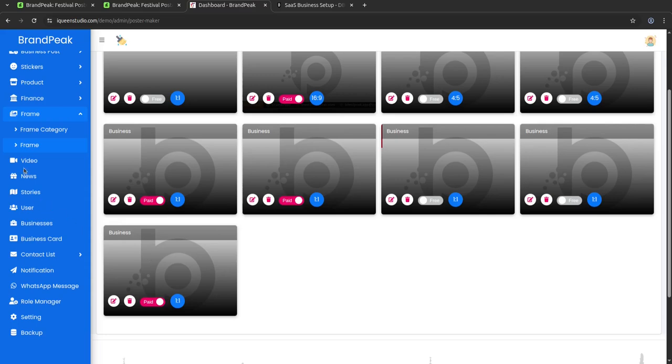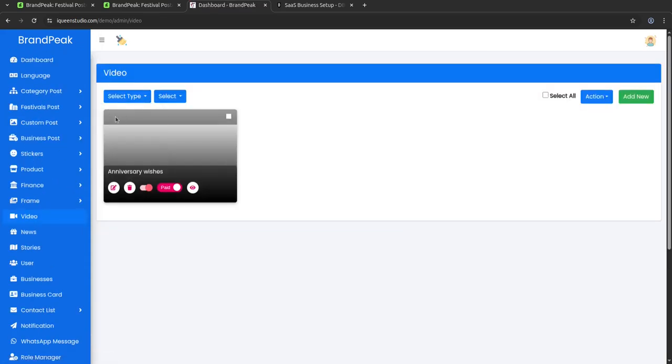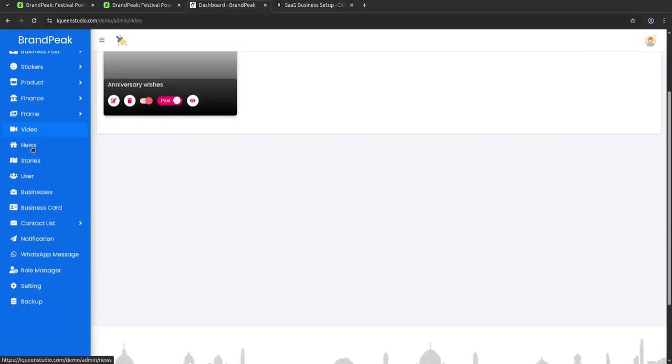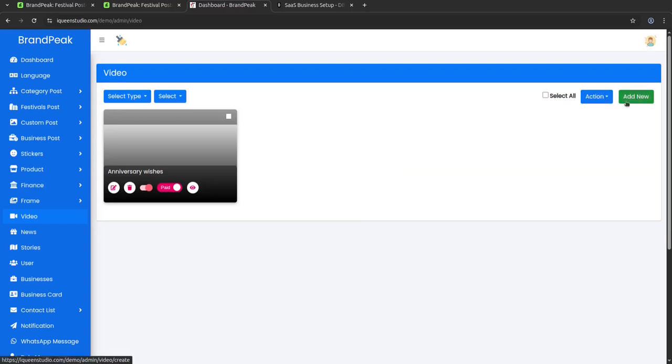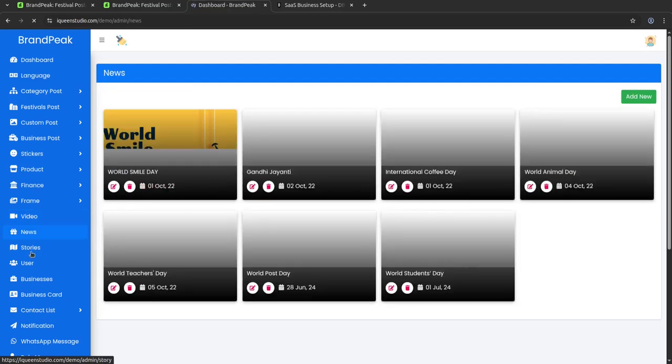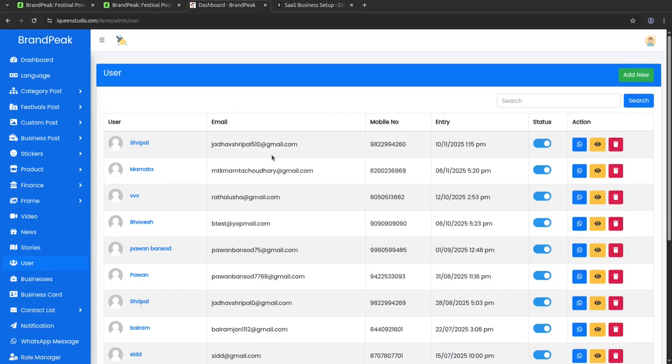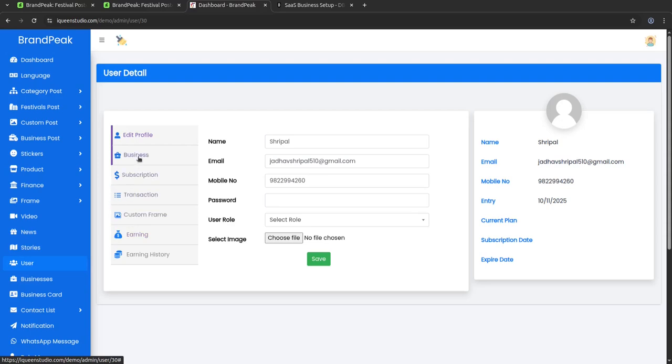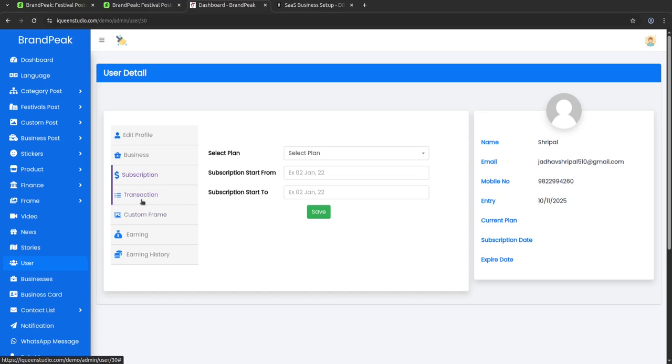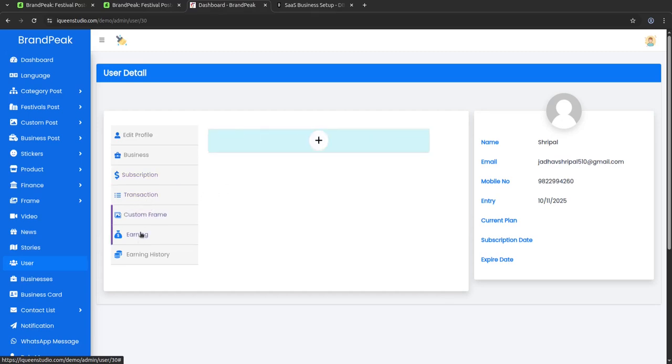And in the video settings, we have the video type, and you can add a new video or the wishes. So it can again be done in multiple ways, and you can keep adding as much as required for your app. The news, stories, and user sections basically give us the list of users who are using this app, right? So these are the users. You can either enable or disable a user, or you can check the details of the user and what they are doing, like the edit profile options, business, and the subscription plans, transactions that have been done by the user, custom frame, earnings,